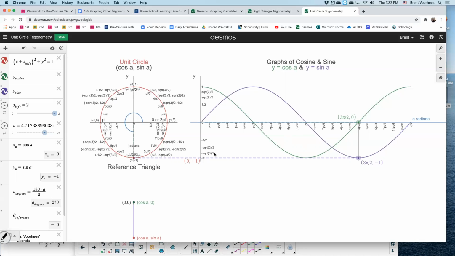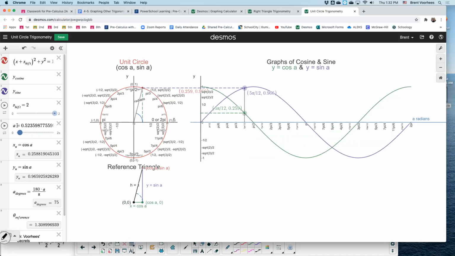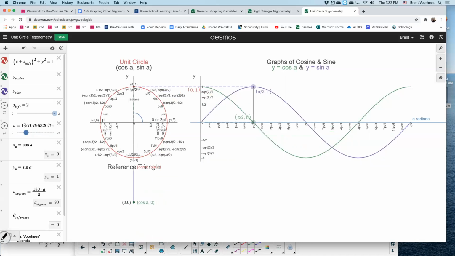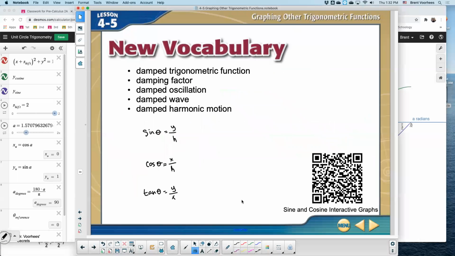Or if you need the maximum, you would go to the highest y value, which is all the way at the top of the circle. It occurs at pi over 2, and the highest y value is 1. So it's pi over 2 and 1. So again, you could have got the answer from there as well. All right, so that's a little tool. Hopefully that ties together some of the lessons so you see how they all work together. This was lesson 4.3. This was lesson 4.4. This was lesson 4.1 and 4.2, somewhat. Okay, so today